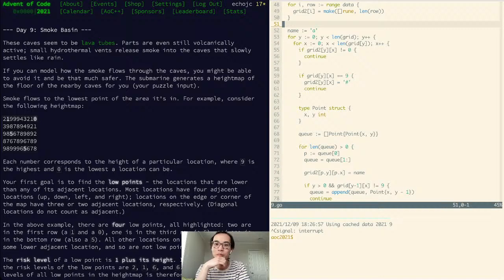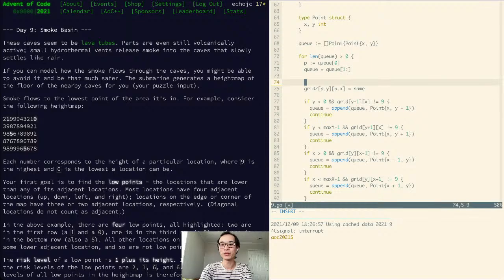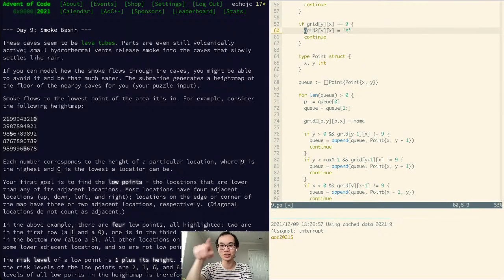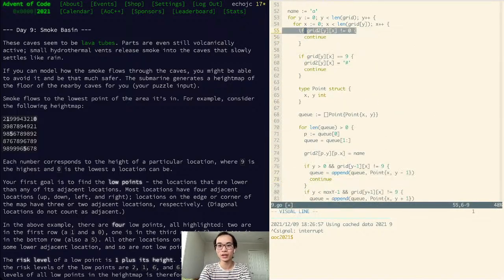Okay, made a mistake somewhere because I'm not... And we have to. Oh, okay. We do have to check if grid 2. We do need to check. Otherwise, it's just doing itself over and over again, the same values. We do have to check here that